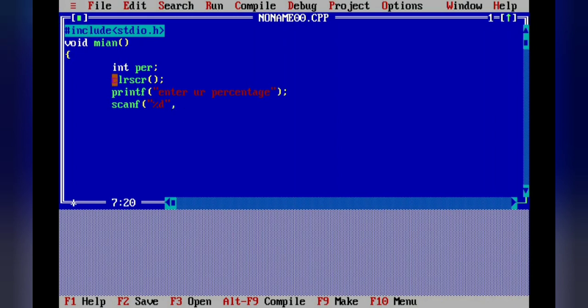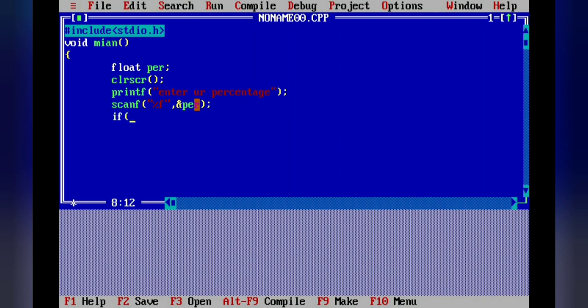Here, instead of integer, we will use float, because a percentage might be in the form of fractional numbers. So here we will use %f because of the float data type, and &per, bracket over, semicolon. Now we will check this percentage value that the user has input.